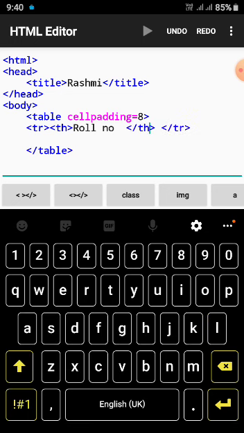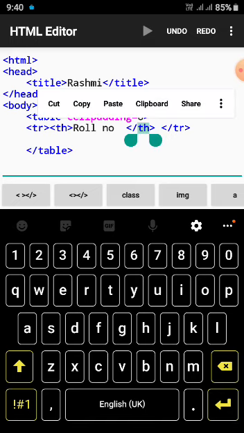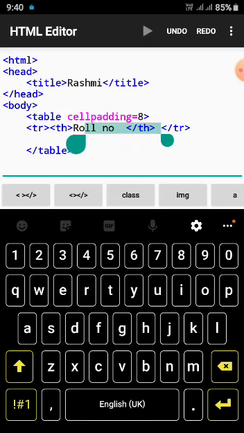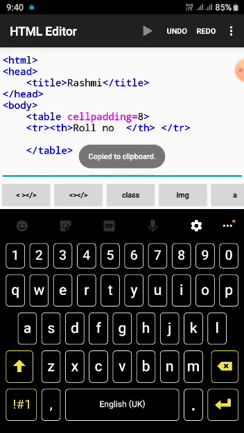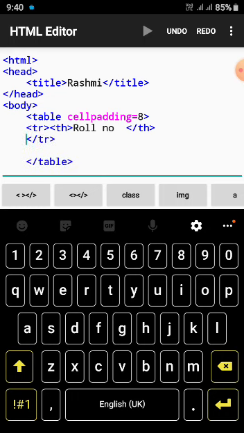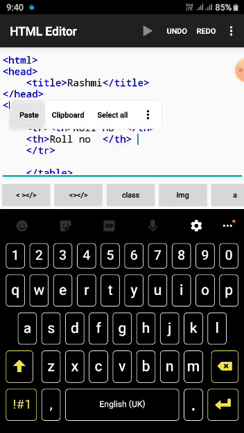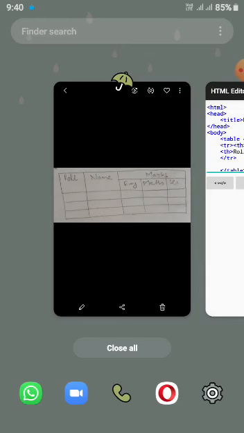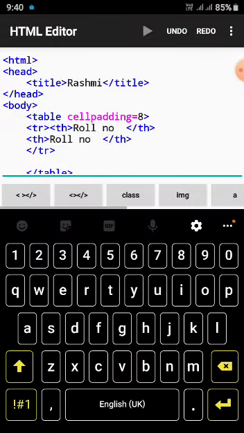Same way, let me copy the entire th for making the next heading. I am just copying the heading and pasting here. What is next? See, name. So make here name.